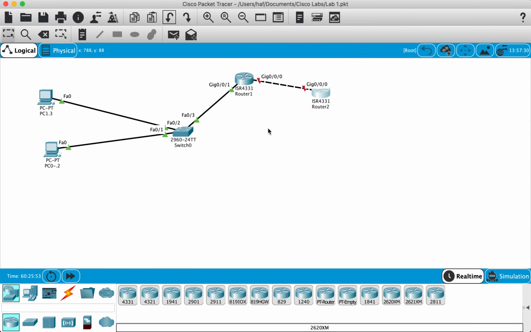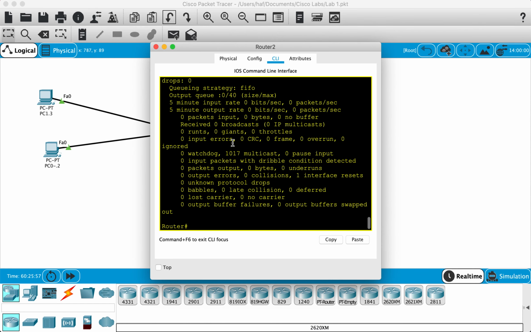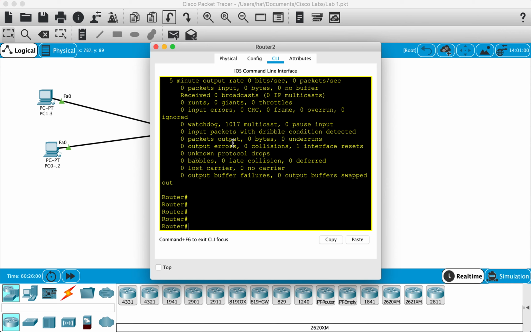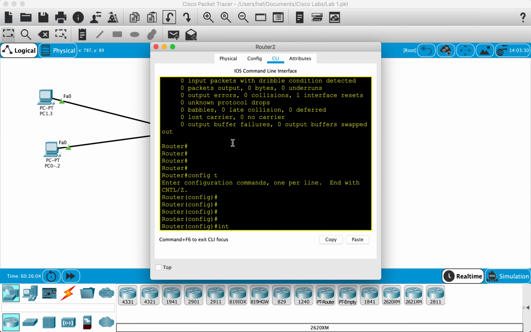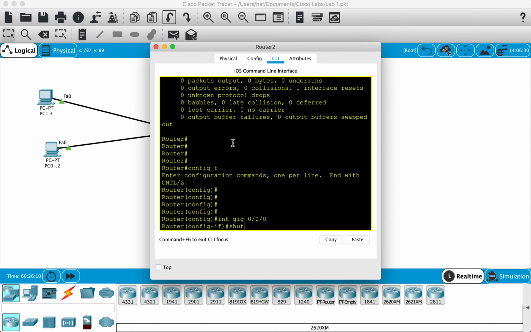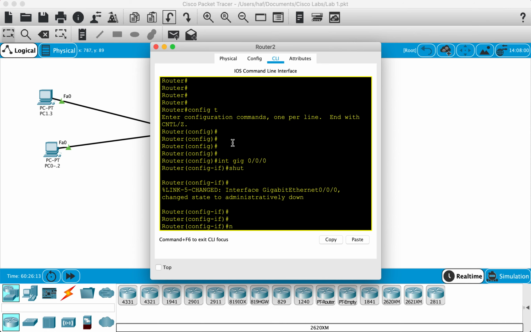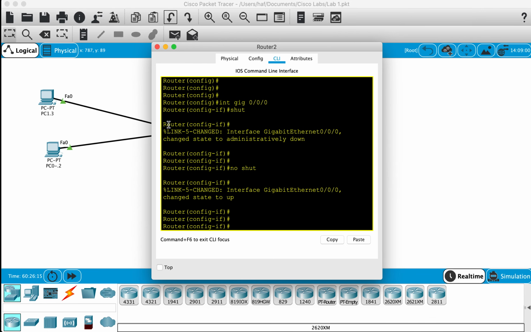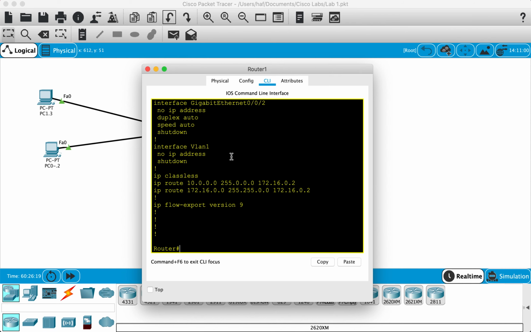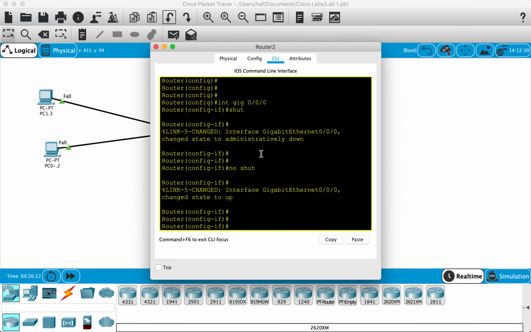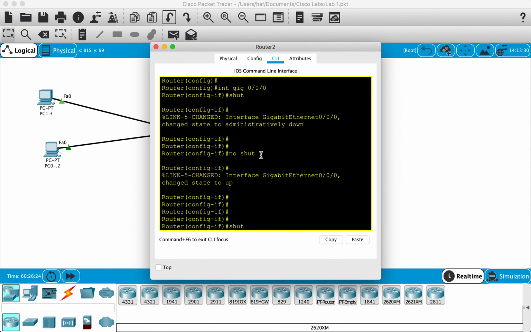It still seems to be down, the link. So the port is up, but let's just do, real quick, gig 0/0/0, shut, and no shut, just to reset things. Now taking a look back here, we see that